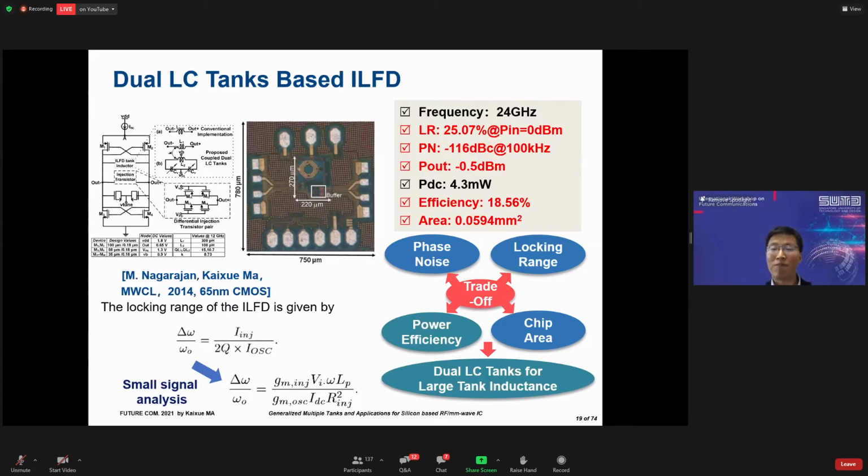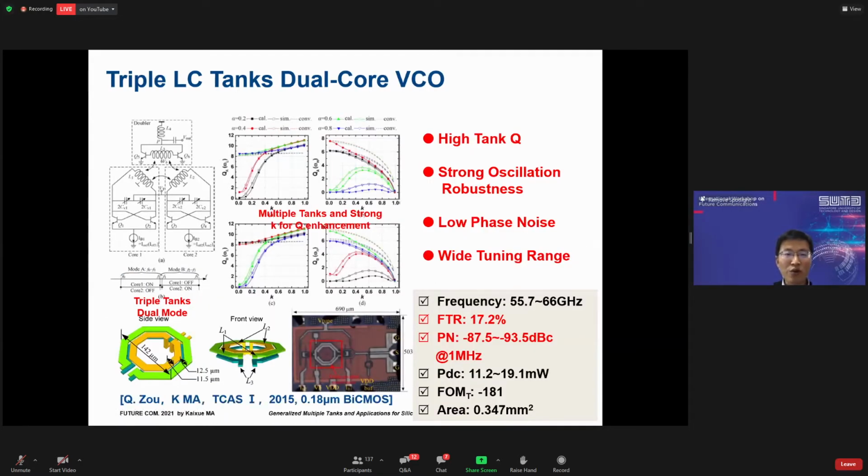We increase the vertical integration to reduce the surface area of the total chip area. The circuit design becomes a 3D design to shrink the size. This is a major trade-off. And we also use this kind of idea to build the dual tank, the triple tank,